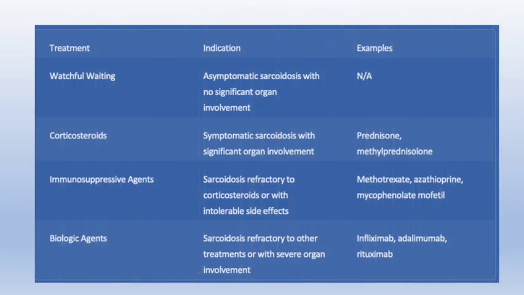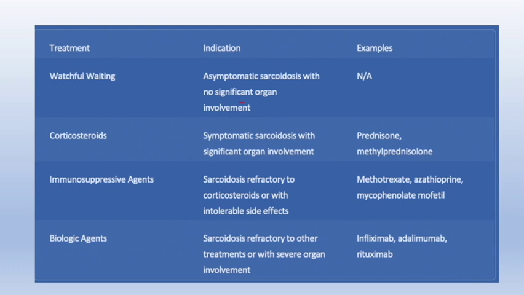Now, this is not a part of the guideline, but generally something that has been taught over and over again. We'll be talking about the treatment of sarcoidosis, the ERS 2021 guidelines, in my next video. But it's important to note that a lot of patients of sarcoidosis, especially the ones who are asymptomatic and do not have any organ system involvement, will not require any treatment.